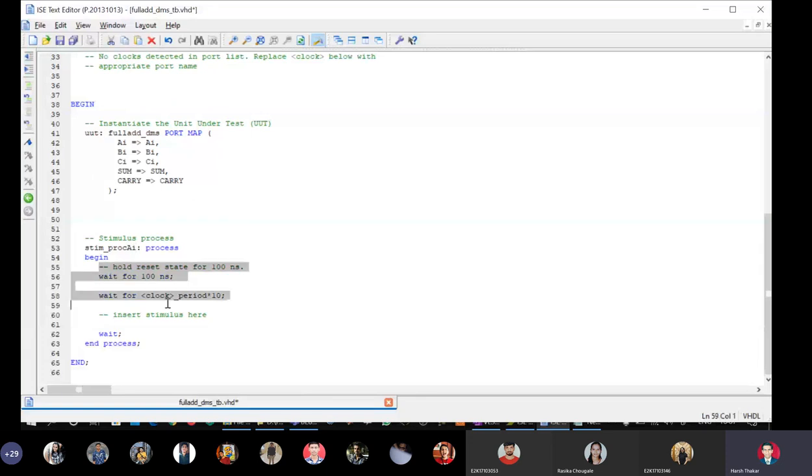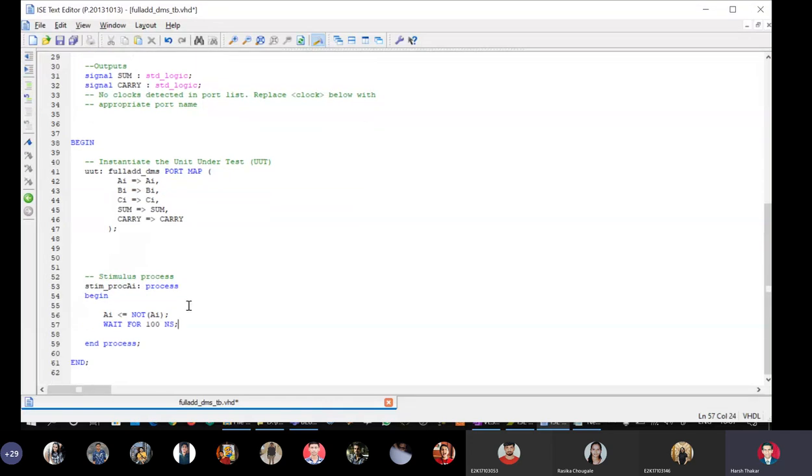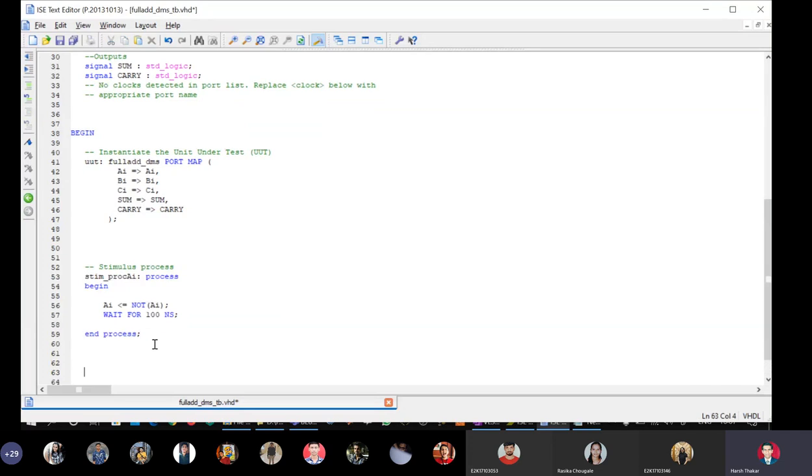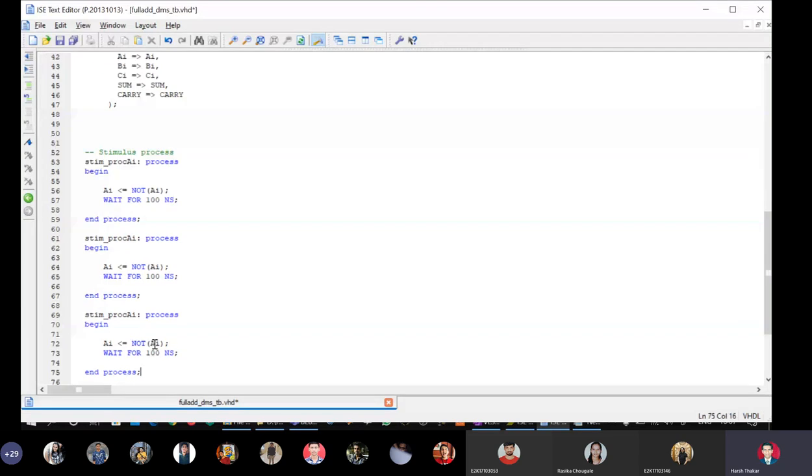I will just delete these statements, and I will simply write a statement: AI is assigned not of AI semicolon, wait for 100 nanoseconds. I'll copy this process twice, and I will convert it into processes for BI and CI.